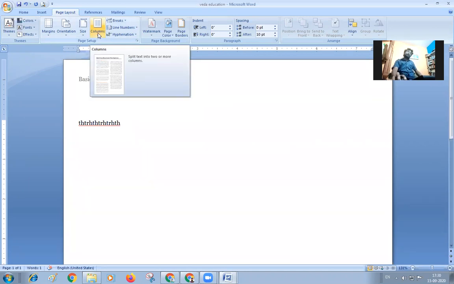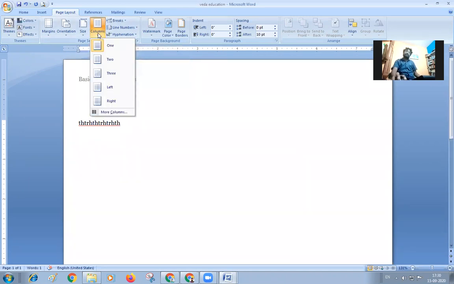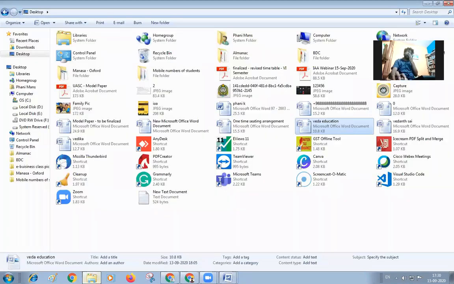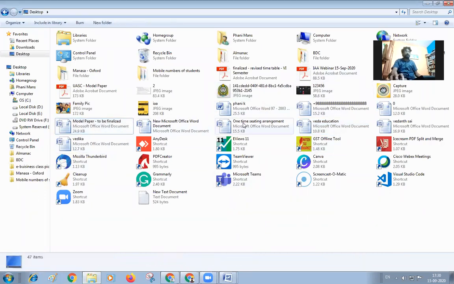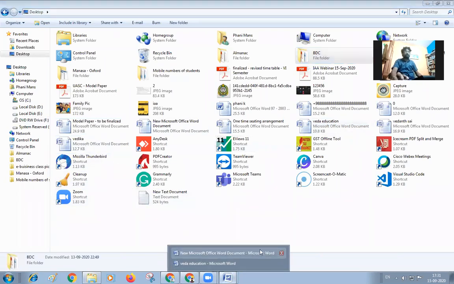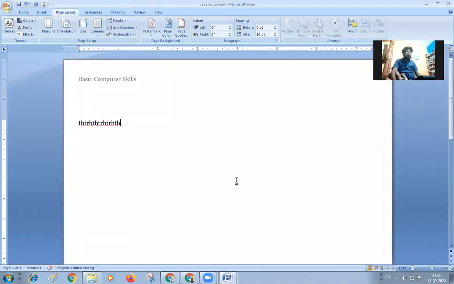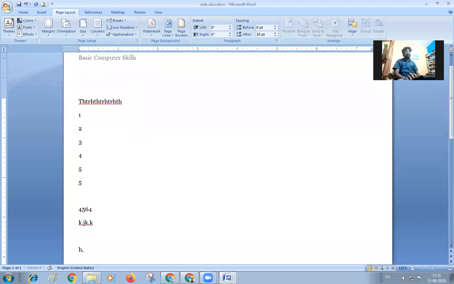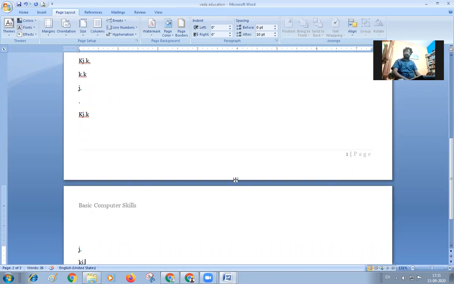Sometimes we also get the columns. We are also going to get the column size. What are these columns? For that I will first take an example. When I am typing the text down like this and I move to the end of the page, I will go on to the next page.